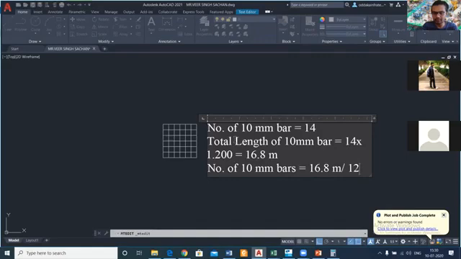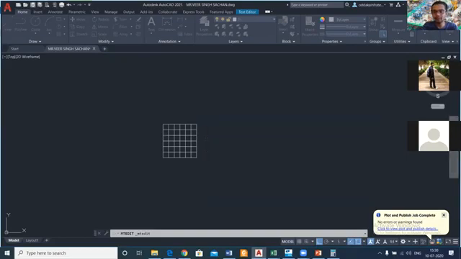So this 12 meter, and what is it coming? Sir, 1.4. It's 1.4. So this is the number of 10 mm bars in one footing. In one footing it is 1.4 numbers.